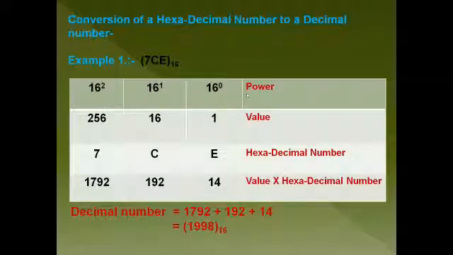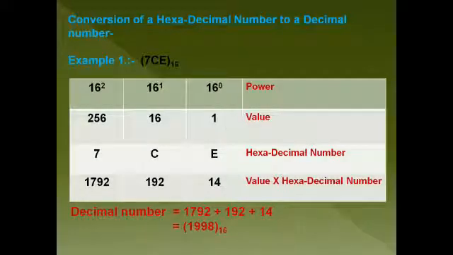First we will write the powers, because here we are taking base 16, so we will write 16, 16, 16. There are 3 digits here, so we will write 16 power 0, 16 power 1, 16 power 2. If there were another column, we would write 16 power 3. But there is no such column because there are only 3 digits, so we are taking 3 columns.